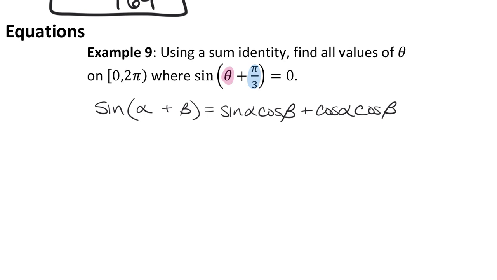That's what we're filling in. But for us, alpha is going to be the theta, and beta is going to be pi over 3. So if we solve it with our numbers,